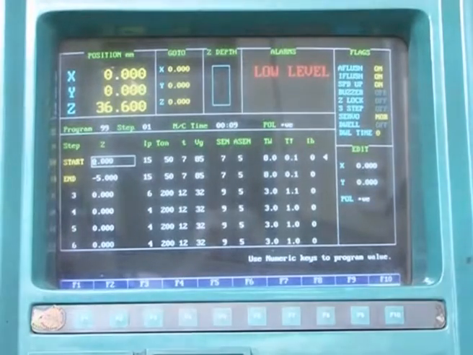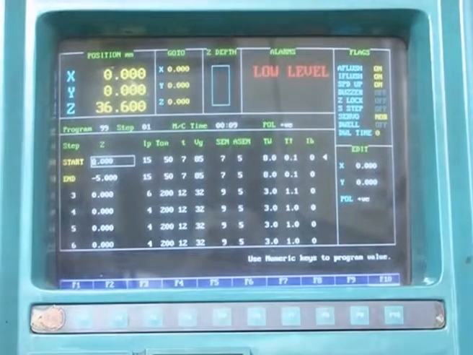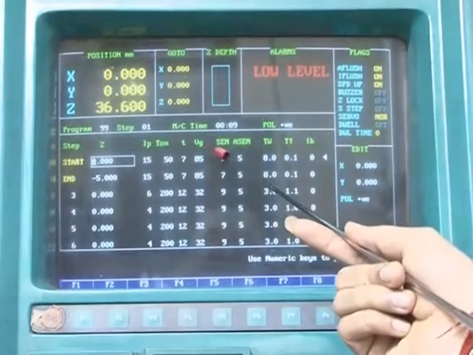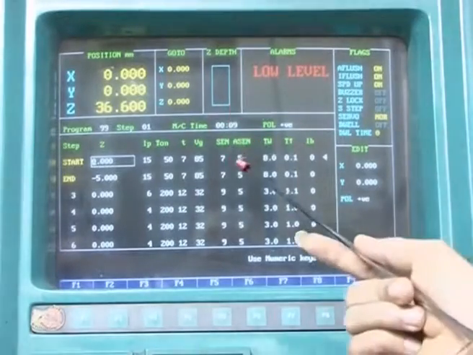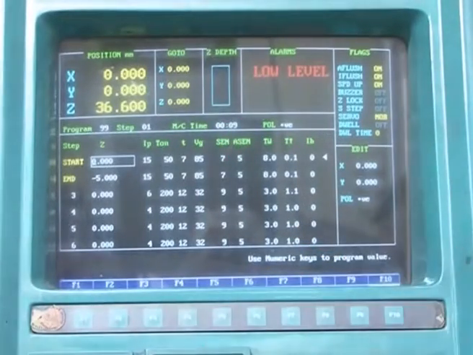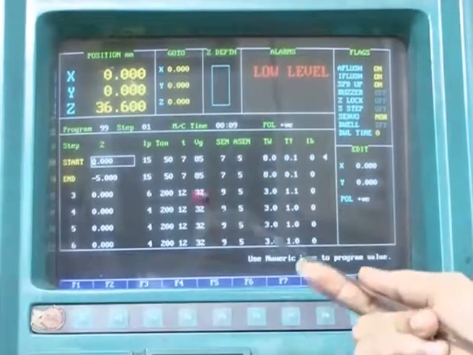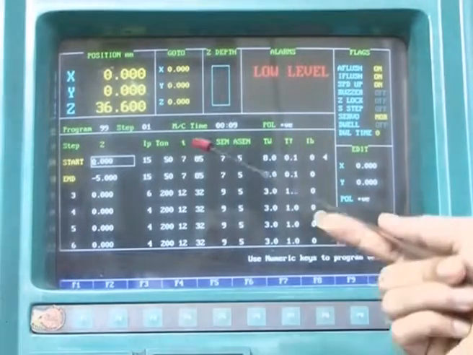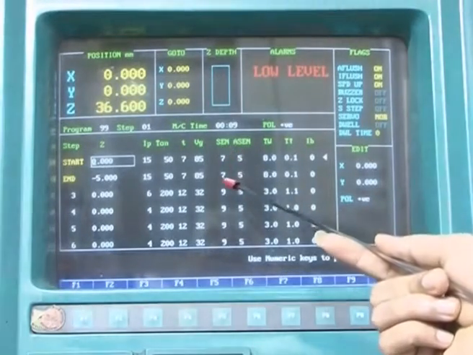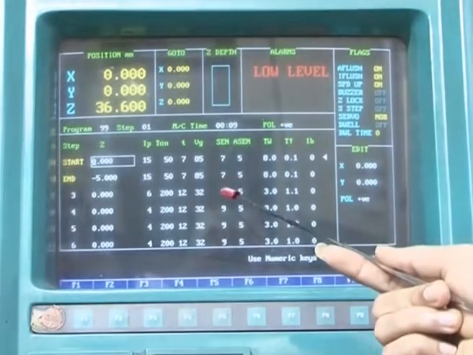Off time is the part of the total cycle in which machining cannot take place and the removed material can be swept away by the dielectric fluid. The fourth one is the gap voltage. This gap voltage depends on how much gap you want to control in this particular process. And this is the sensitivity. Sensitivity is nothing but the movement of the servo motor. If the sensitivity is very high, then the servo motor of the Z axis will move very slowly. At present it is 7 and the total range is 0 to 14, so presently it is at 50%.